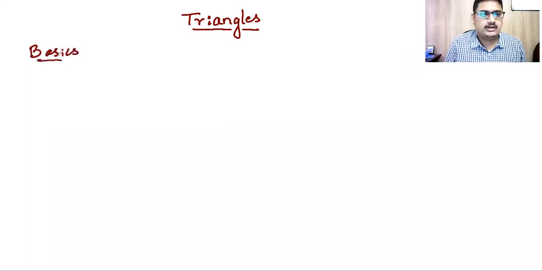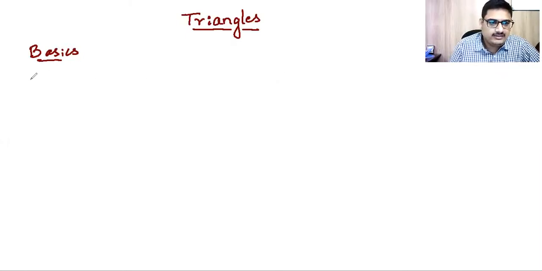So here in today's session, I'll be covering the basics. How do I cover the basics? I'll be covering them from your ninth CBSE portions. Let us revise everything about this chapter that you have studied so far. What is a triangle? Then what are the properties of triangle? You have studied about the congruency of triangles. Then you have studied about similarity of triangles. So these basics you have studied.